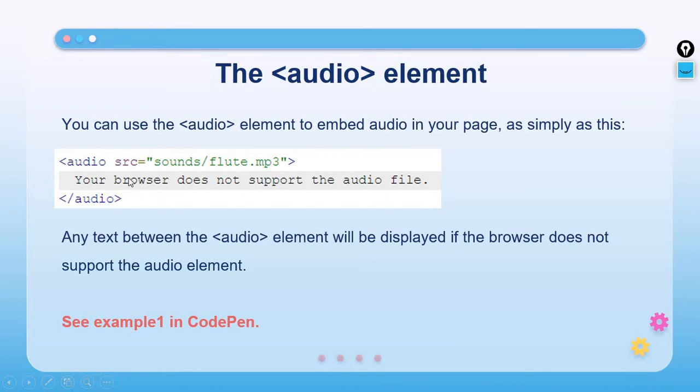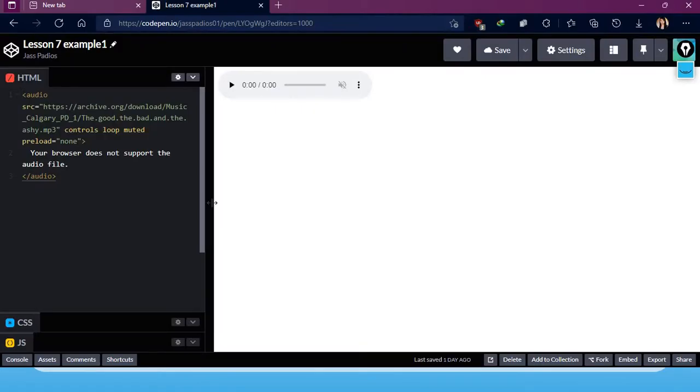The text in between the audio element will be displayed if the browser does not support the audio element. Let's look at an example. So here we use the audio tags. In the opening tag, we use the src attribute to specify the source of that audio file. So if we play this,